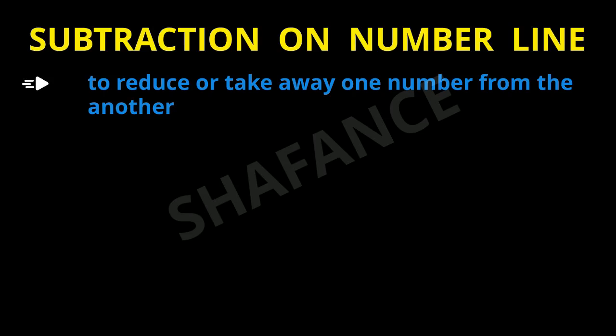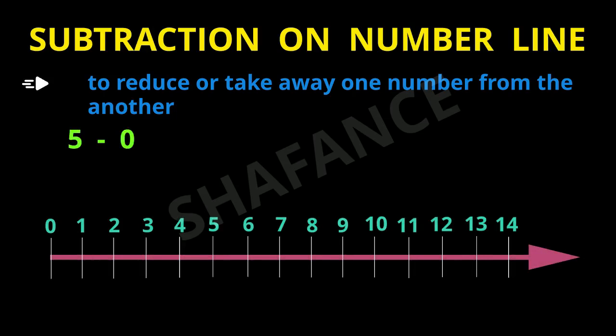Now let us see one more example of subtraction using the number line. So now what we have to do is subtract 0 from 5. That is, we have to do 5 minus 0. And we have to find out the result. So now as usual, we will place the person at digit 0. And now we have number 5. So that means we will move on the right hand side 5 places. So the person reaches 1, 2, 3, 4 and 5.